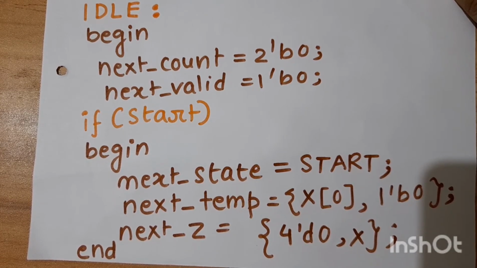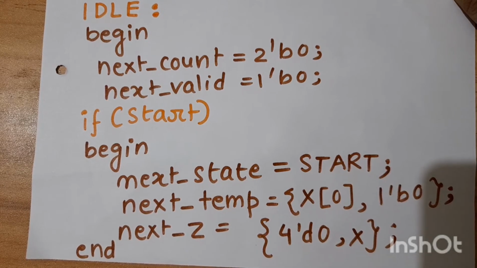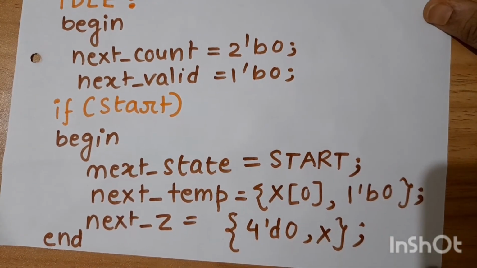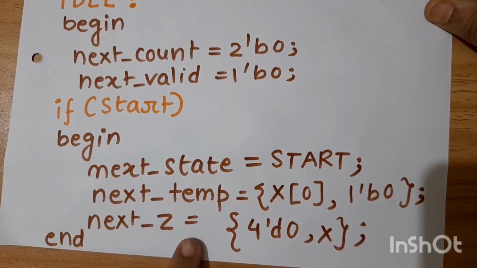Okay, and we will do the updation of the accumulator, and then we will go to the ASR operation, that is arithmetic shift right operation, which I have discussed. Okay, so next temp is {x[0], 1'b0};